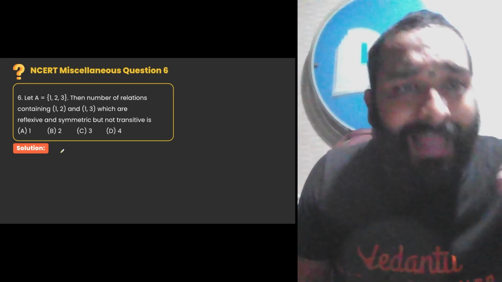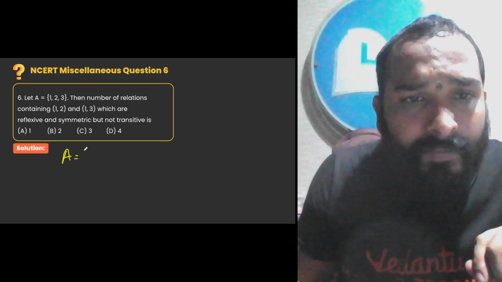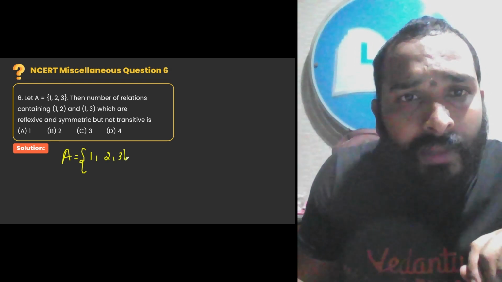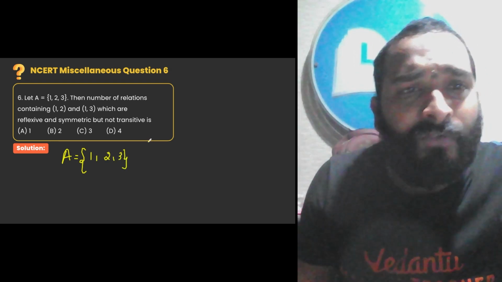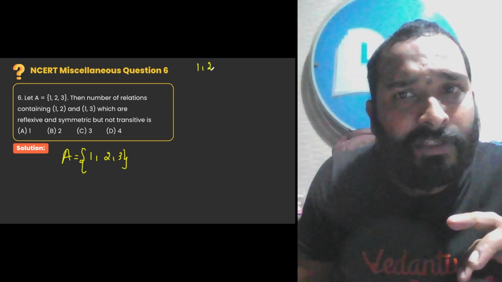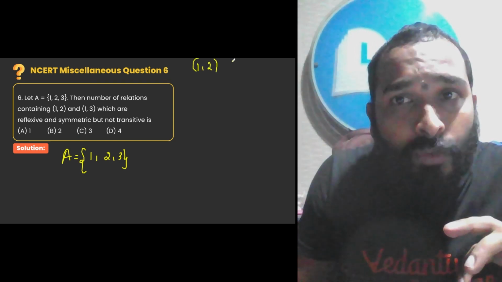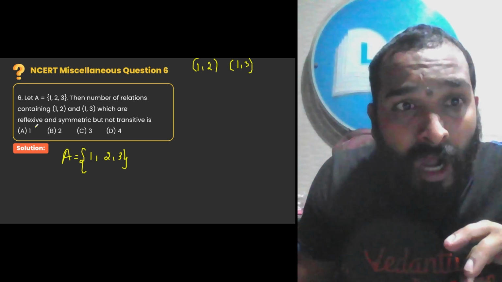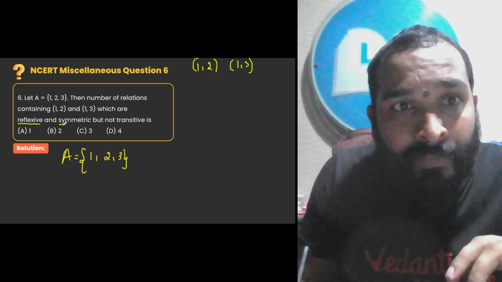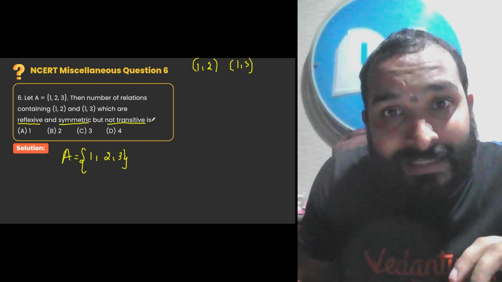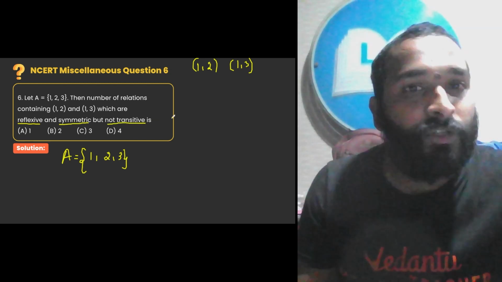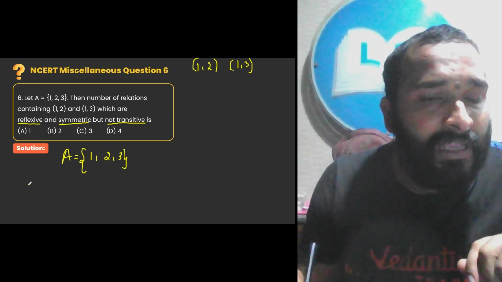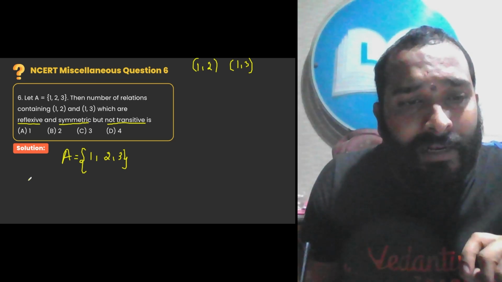Let A be a set containing elements 1, 2 and 3, and they are asking us the number of relations containing 1, 2 and 1, 3 which are reflexive, symmetric but not transitive. That means it should be reflexive, it should be symmetric, but it should not be transitive. Now observe this very carefully, children. The relation, required relation